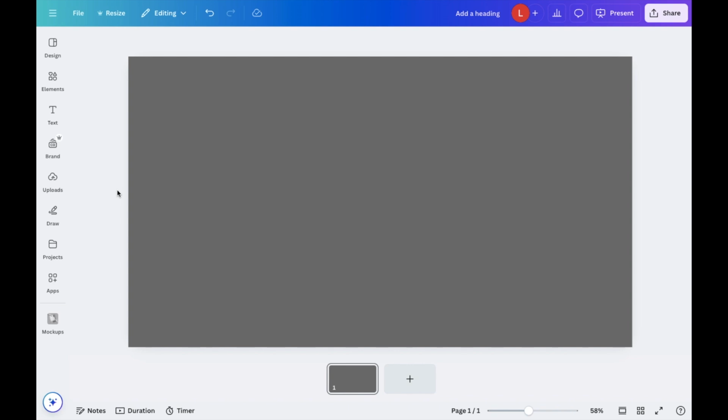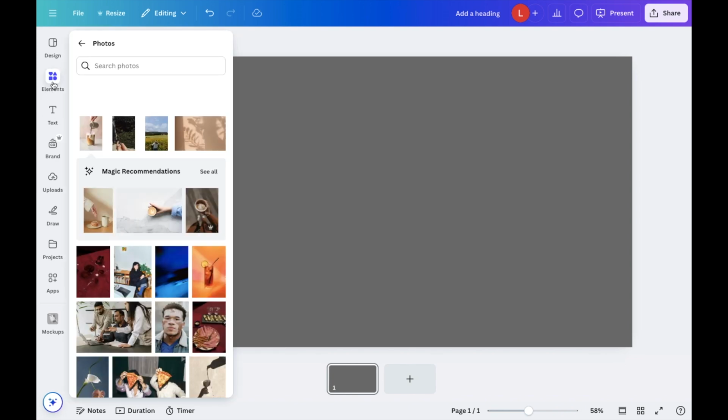So in this Canva tutorial video, I am going to be showing you guys how to duplicate an image here on Canva using the Canva desktop version. So once Canva is opened up, what I want you to do is to first and foremost add an image